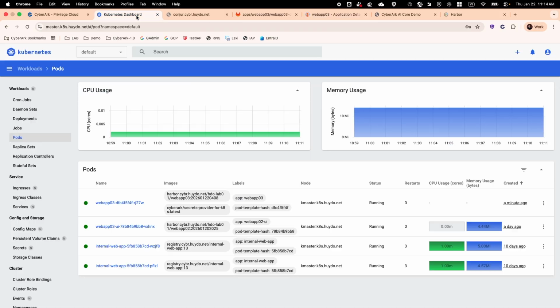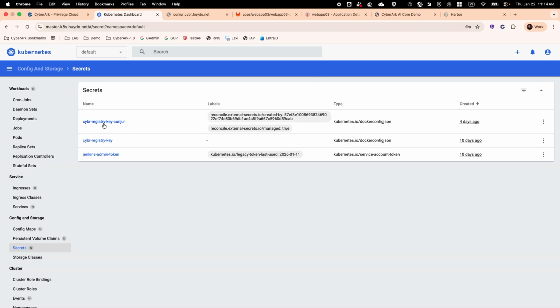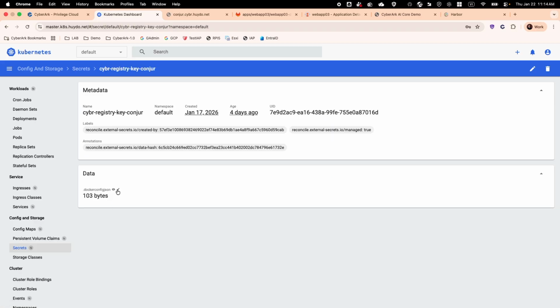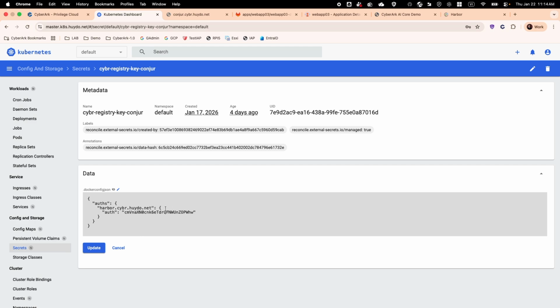So with this one, Argo CD will need to get the information from the secret name, secret registry key token from here, key console from here. This is the Kubernetes secret, and this one will contain the information of the authentication. Sorry, this one's for the Harbor, right? So Kubernetes needs to connect to the Harbor, and it needs to have the Docker config authentication information here,